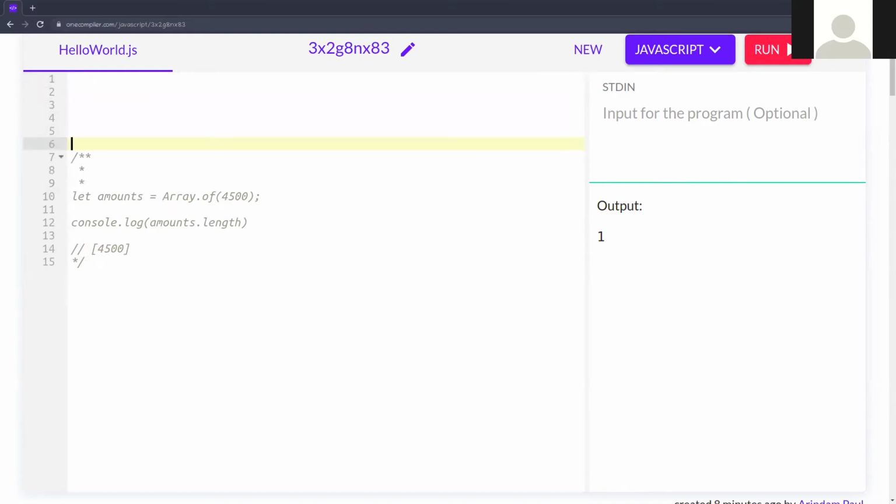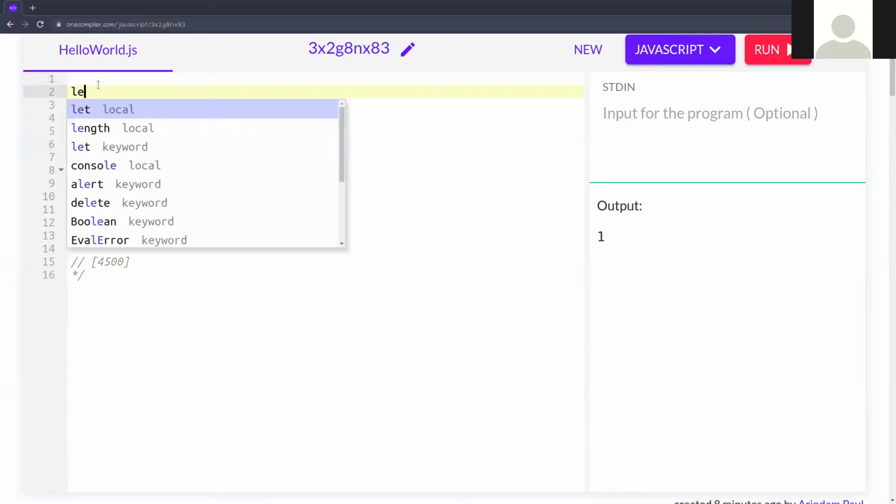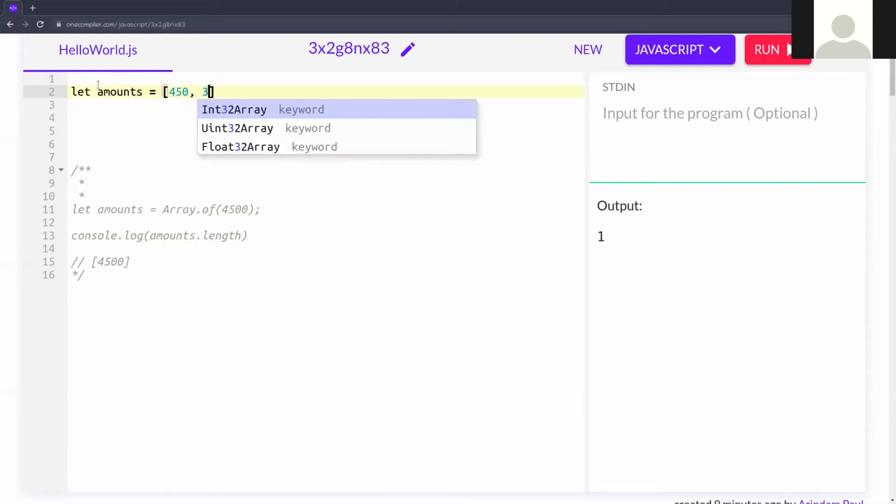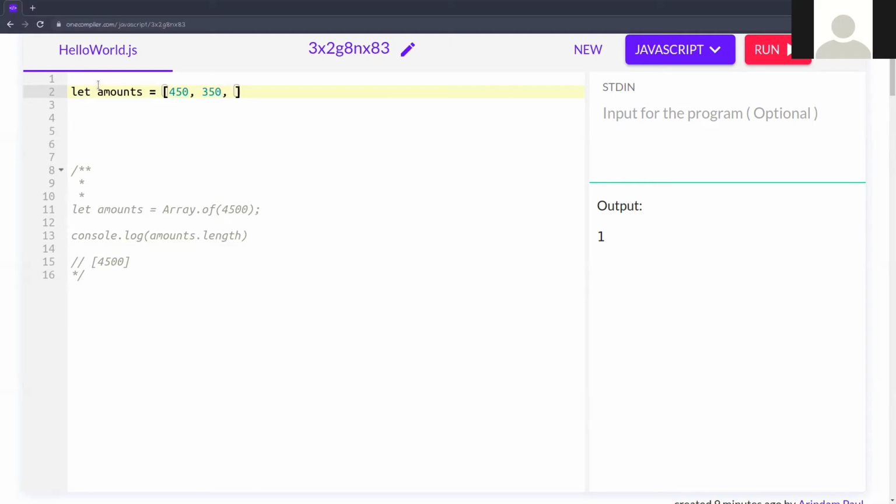The second one is Array.from. So Array.from is actually kind of looping over an array. Okay, I'm giving the example first. Like let amounts equal to 450, 350, 850.